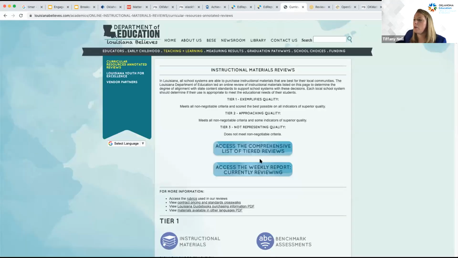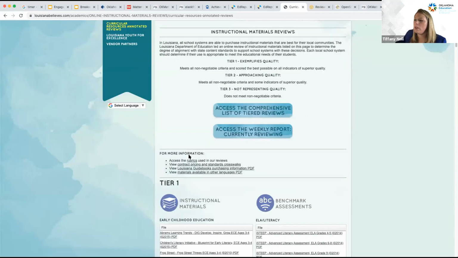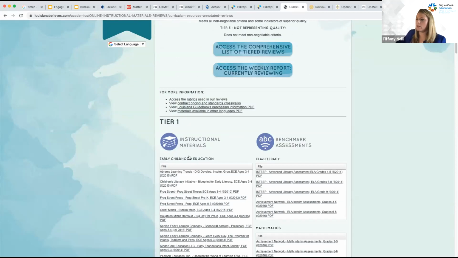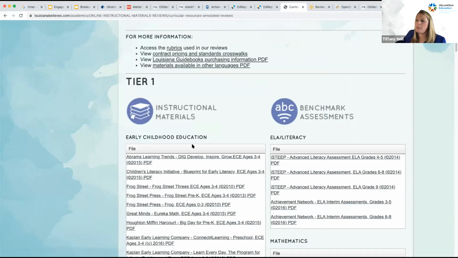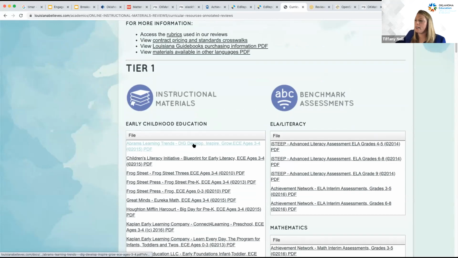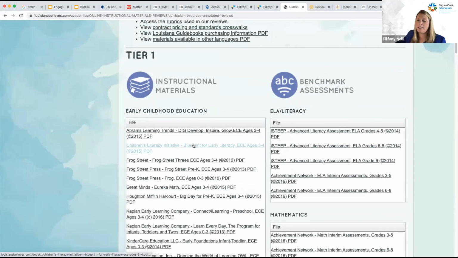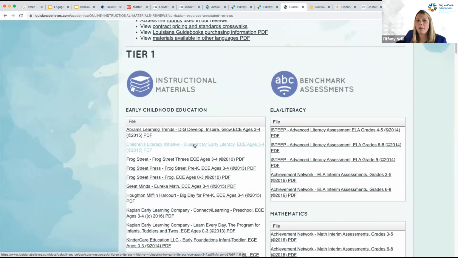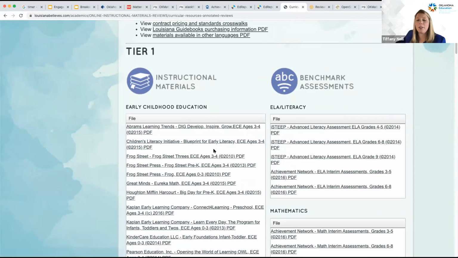If you take a look at this website, you'll see that for many of the instructional materials for early childhood, literacy, mathematics, science, social studies, they have brought together teachers in Louisiana to evaluate curriculum, both cost and OER curriculum. And there is a tiered system by which they evaluate these curriculums. So tier 1 being the top level, tier 2 being the middle level, and tier 3 being the level that is least conducive to high quality materials.